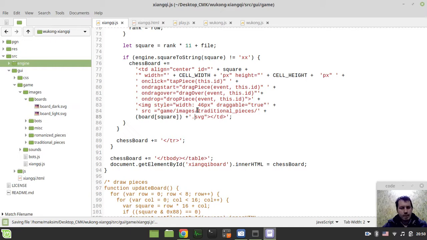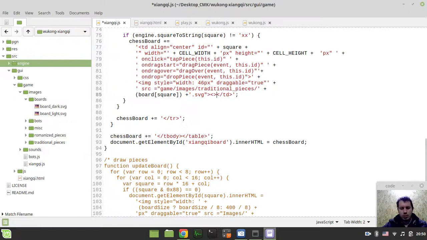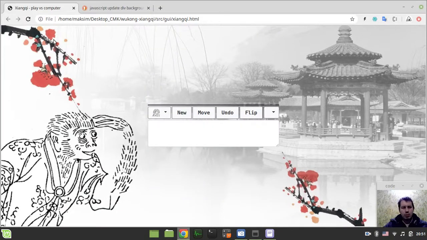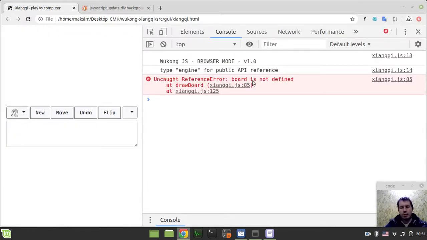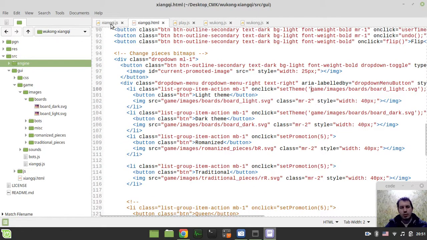Save. And should I close the image tag? I didn't close the image tag here. It's a little bit strange. I think it's a good idea to close that tag. And now it should be giving me an error because I don't actually have the proper naming. Okay, board is not defined. So